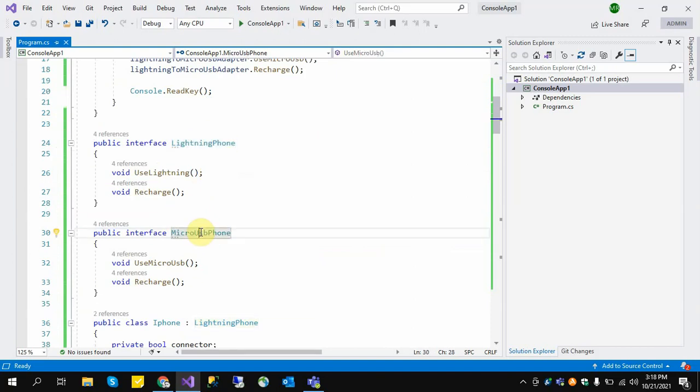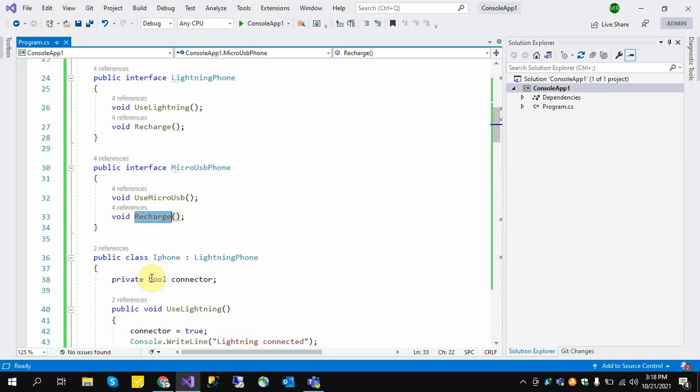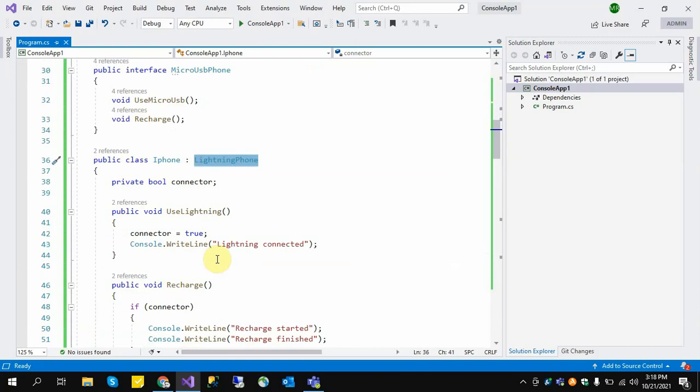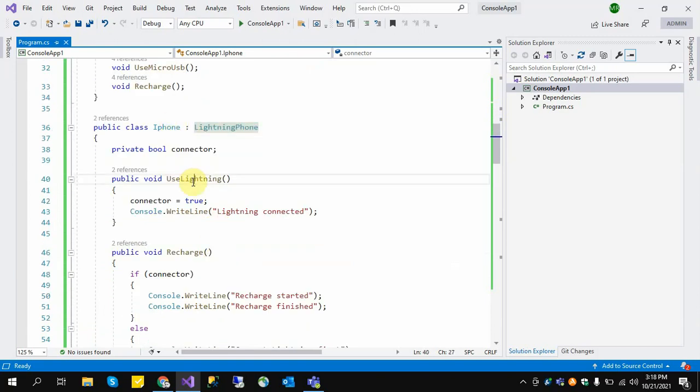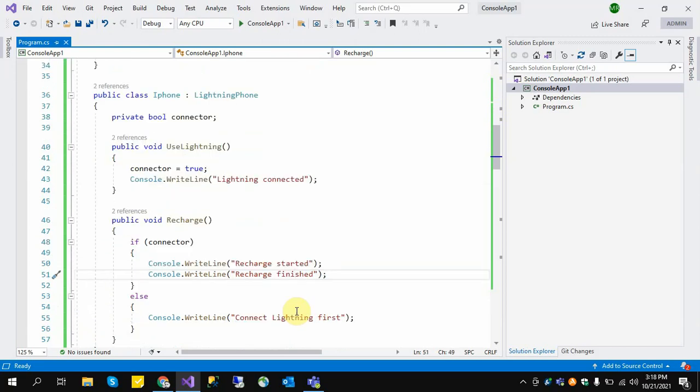This is the Android phone interface, and each has only two functions: use lightning and recharge. We create an iPhone class. This will implement the lightning phone interface, and the iPhone uses lightning connected, recharge started and recharge finished.